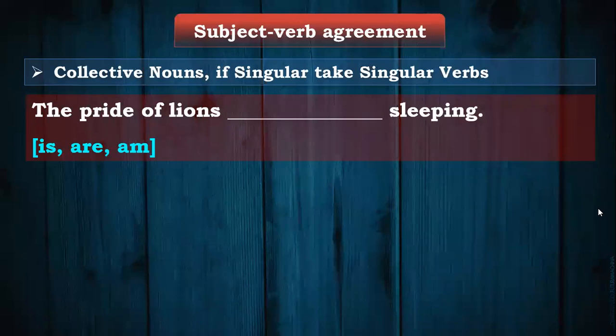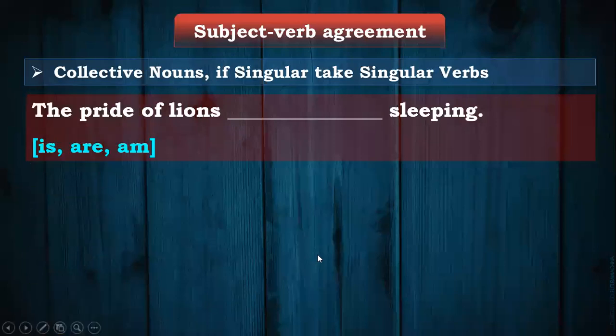The same principle works here in the sentence, the pride of lions. We are talking about pride. We are not talking about lions. In order to make it even easier for you to understand, let me tell you, the pride of lions, the pride of. Always focus on the initial part, that is each of, one of, the pride of. If you focus on these words, you will realize that this particular word is singular or plural. So yes, the pride is sleeping, and the pride is of whom? It is of lions.